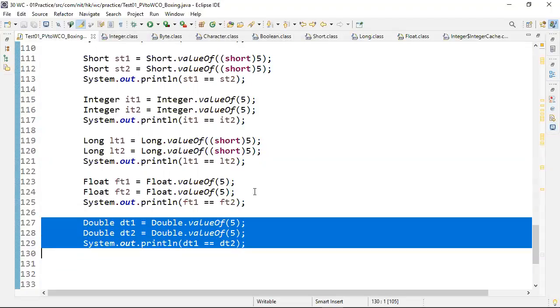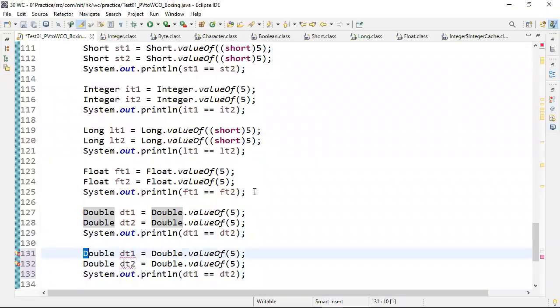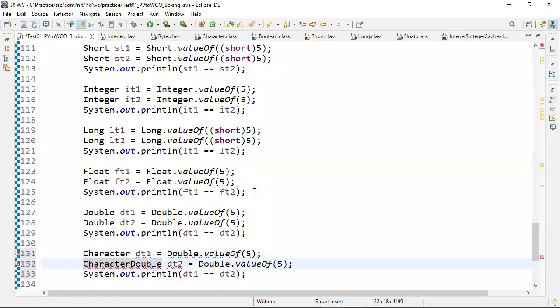Next, the same statements. I'm working with Character now. Character ct1, Character ct2, Character.valueOf. Now 5 we cannot pass. Let me take either a cast operator on 5 or directly you can write single quote A. Tell me, is single quote A in the range of byte?